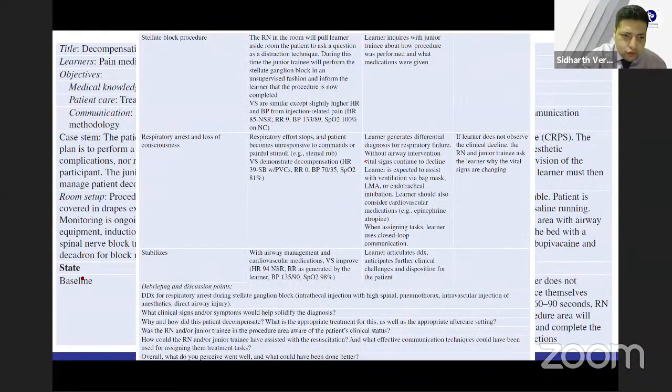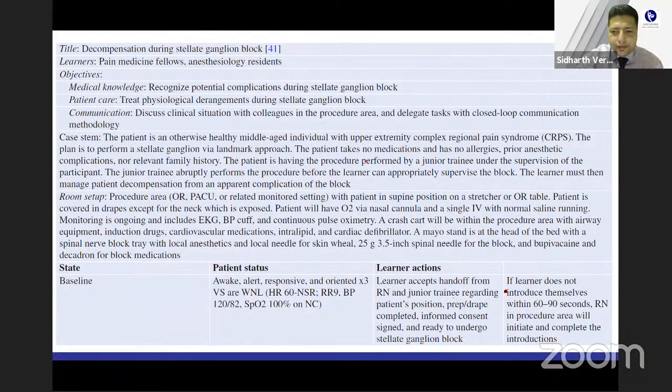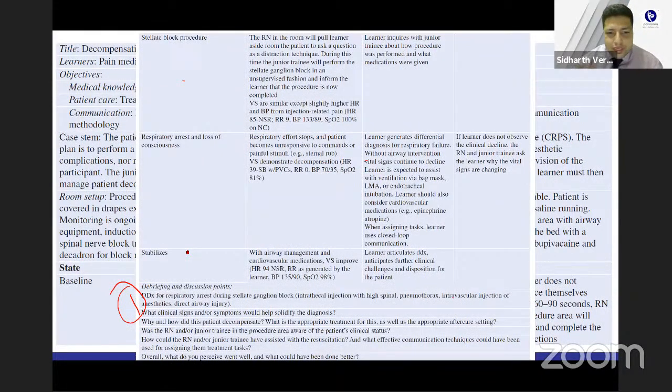Let's come here. After the scenario, if the trainee does the correct thing, it goes to the next state. So this is state 1, which is the baseline state. Then this is state 2, this is state 3, and this is state 4. This is how we move in a simulation scenario. We have all the parameters set, and these are replicated by our mannequin. So at Patil Hospital or university, we have very high fidelity mannequins with which we can do all this